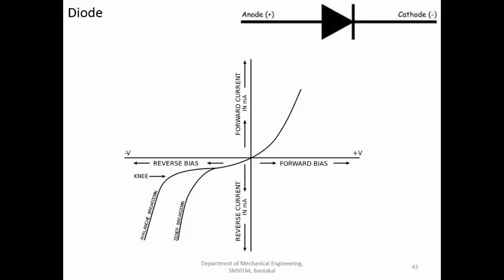So if you want to explain all these things using a graph, this is how the voltage and the current characteristics look. This is the voltage and this is the current. In the forward bias, if you are increasing the voltage, the current also will increase because V is equal to I into R. So there is a proportionality. But in the reverse bias, for a significant amount of voltage you are applying, there will not be any current because of the depletion region.